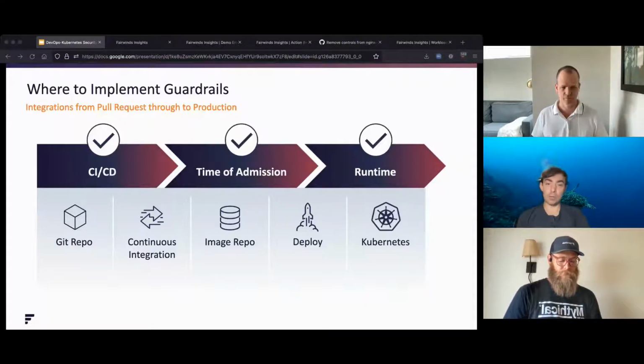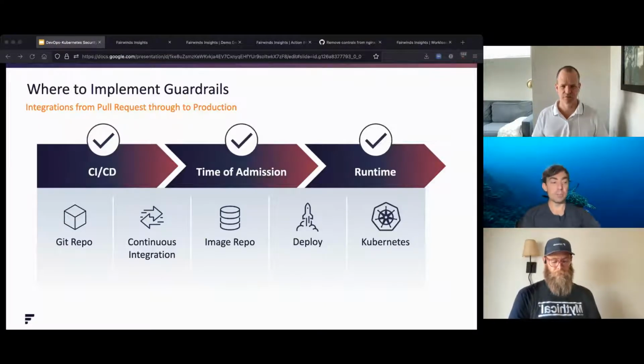And it's important to have a guardrail in place there that says, hey, I see you're trying to make this change, but I'm going to stop you, unless you have specific permission. You're going to be stopped from making this change right now. And that's important because the developer gets very quick feedback as they're creating that new deployment or trying to modify its configuration. And they can course correct before they actually merge that change. But one step further in the process is the admission controller. Not every change goes through a CI/CD process. Sometimes, you might be firefighting and you're trying to just get something working in the cluster. Or maybe you don't have a perfect infrastructure as code approach just yet.